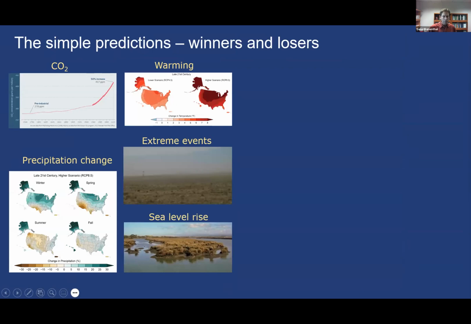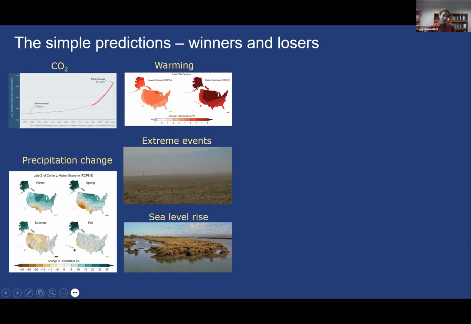So for starters, I want to just get into a few predictions. What do we expect to have happen with weeds as climate change proceeds? There are a few relatively simple predictions that will be useful for providing context. And the first of these is that among weeds, there are going to be winners and there are going to